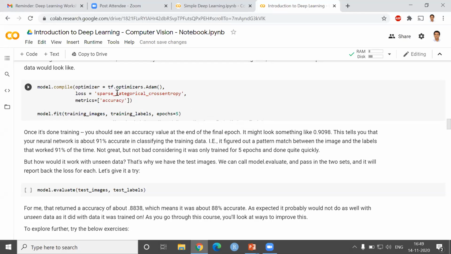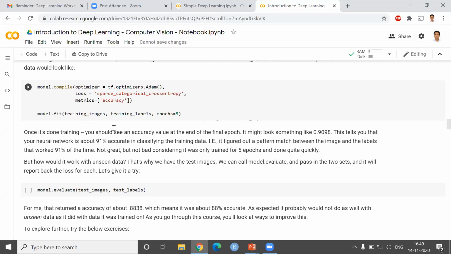And then after defining the loss function and the optimizer, now we can fit the data. While fitting the data, we have the training images and the training labels. We are trying to tell the neural network to learn. So what are we inputting? Just like we inputted the X and Y earlier, here we are inputting the training images. This is the input. What is the training label? This is the expected output. So you are giving the input and you are giving the expected output.